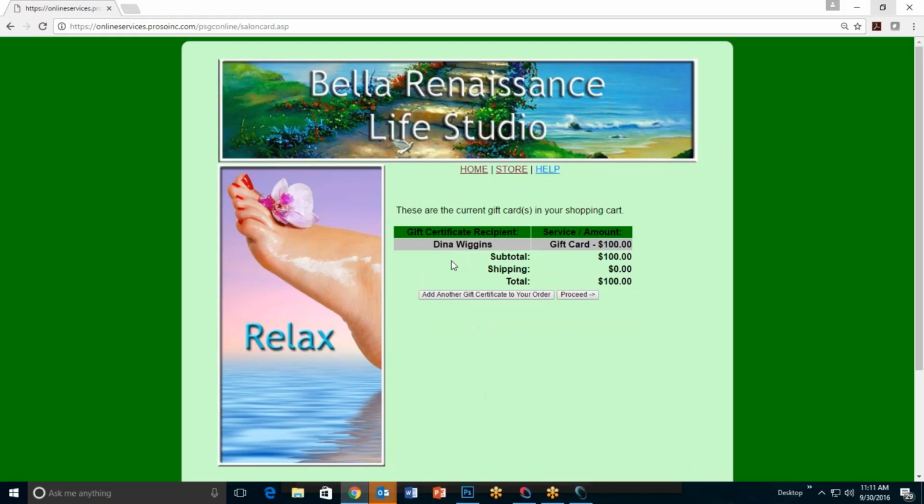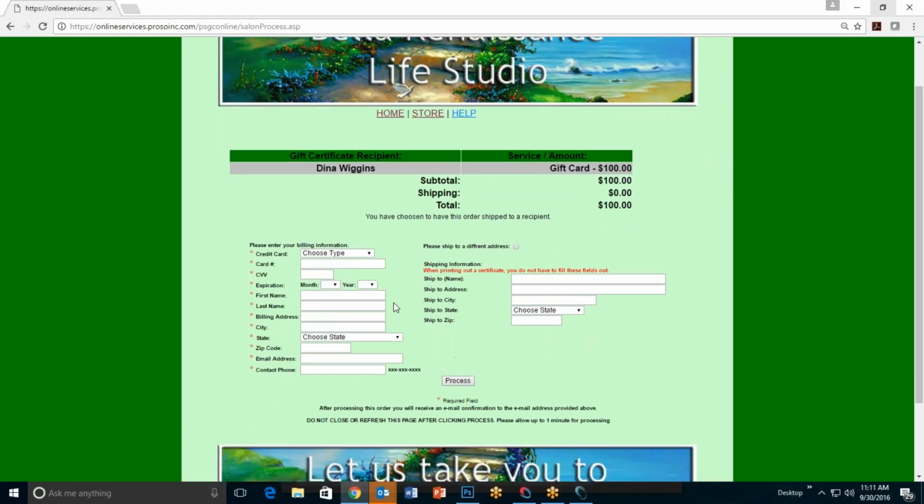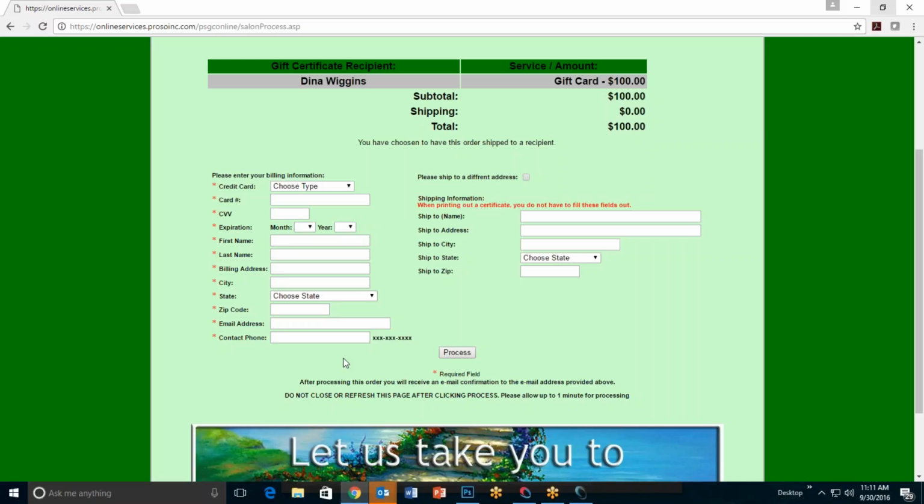And continue. So these are the current gift cards or gift certificates in your shopping cart. Dina Wiggins, gift card, $100. Add another certificate to my order or proceed. Proceed. Now I can put in the credit card information. Now, of course, I don't actually have real API login information or transaction key information, so I can't do this. But your customer would fill this information out, and after they have filled this out, they can hit process. Once their card has been accepted,